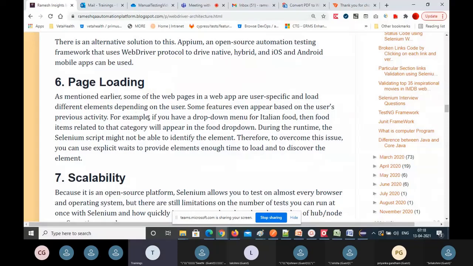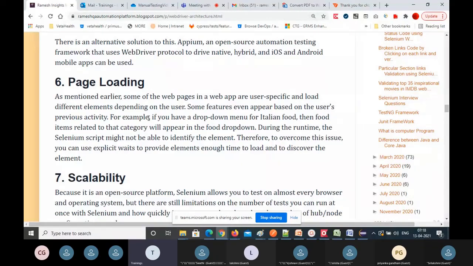As we mentioned already, in a timeout or synchronization issue, the web page is going to take some time to load completely. All the elements will take some time to load, right?